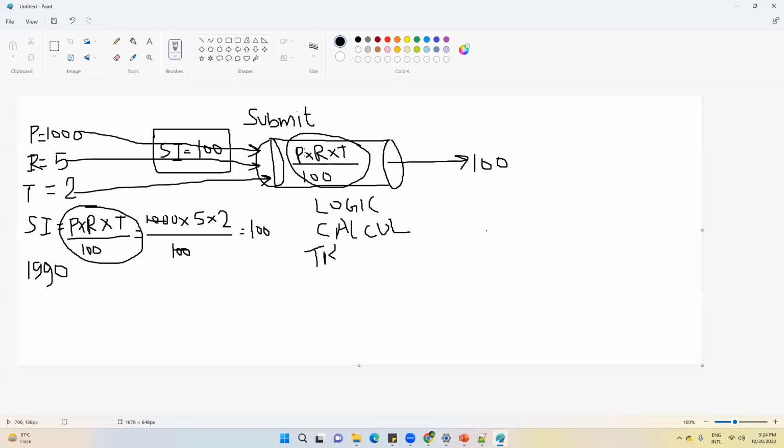Now, this formula you can apply using Python, using Unix, or SQL, and that is why for data engineers, you should be strong in Python, SQL, or Unix. Then only you can implement the business formula. Here I gave you a basic, simple business formula, P into R into T by 100. If you have to calculate transfer pricing, that is a concept in the finance world, a very tough formula. If you have to find the IRR rate, very tough formula. So all those formulas you have to implement inside this, and that is known as your data pipeline.